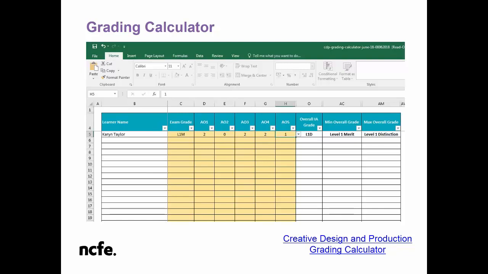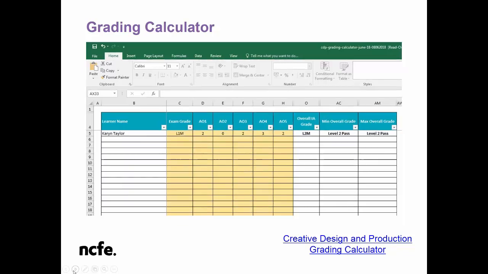level 1 distinction. And the reason they're different is because it will depend on what UMS score I actually got for the exam. So if I was only just in to the level 1 merit grade band, then I might just finish with a level 1 merit overall. But if I was quite high, almost up to level 1 distinction, then that might take me up to a level 1 distinction. So if I move on to the next slide here, you can see that on this submission,